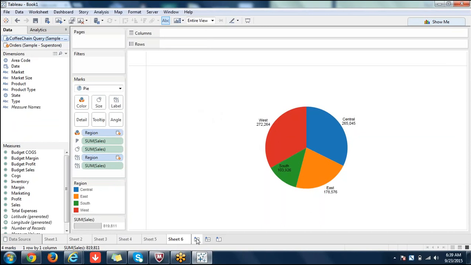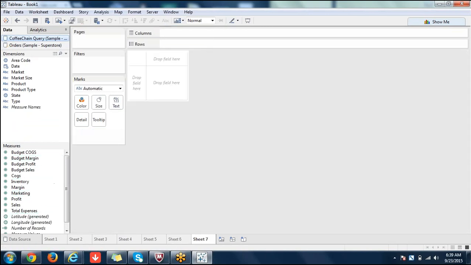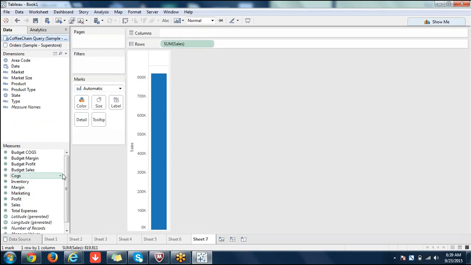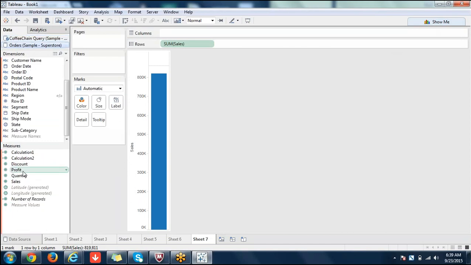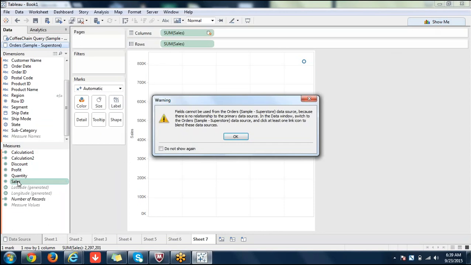Okay, so I'll try to develop another chart here. Maybe a bullet chart. Because ideally blending is used for bullet charts so that you can compare measures from different data sources. This is coffee chain sales.